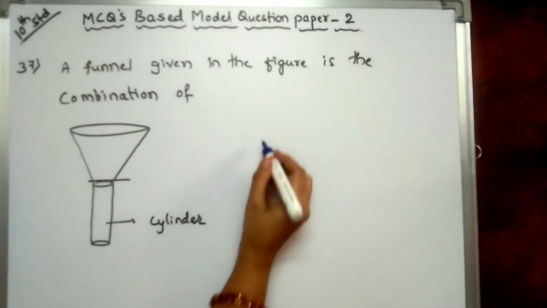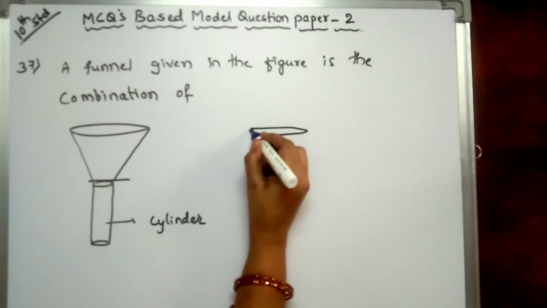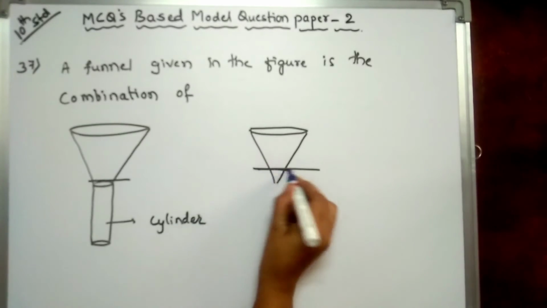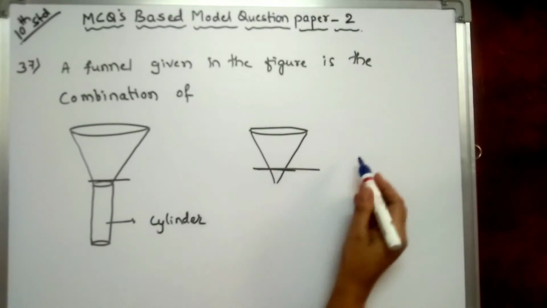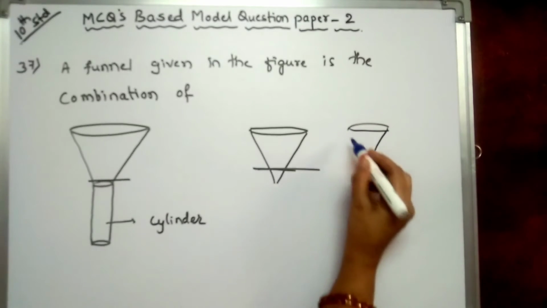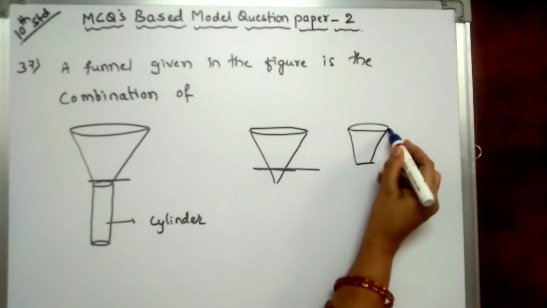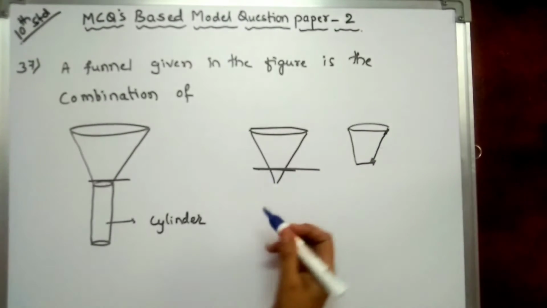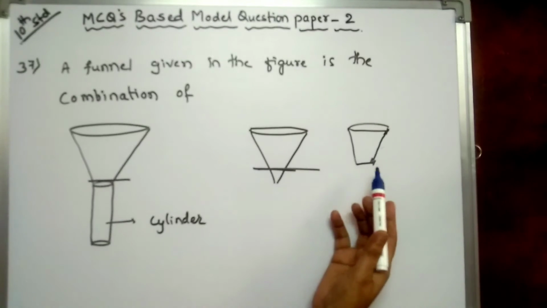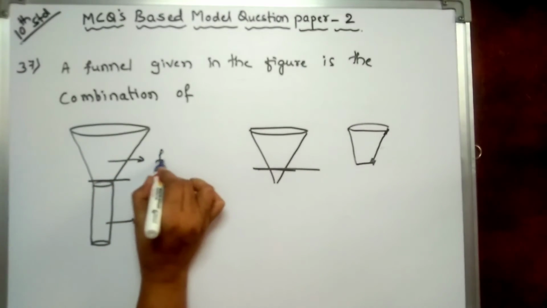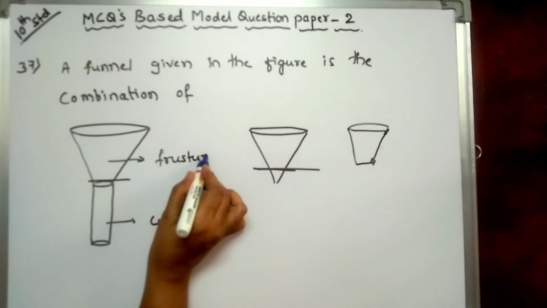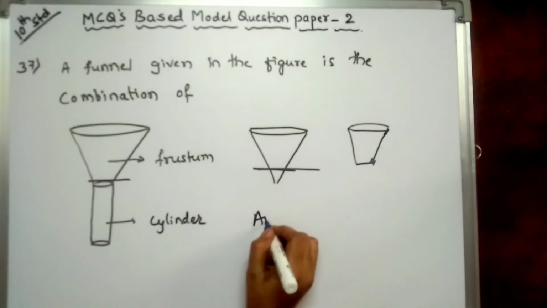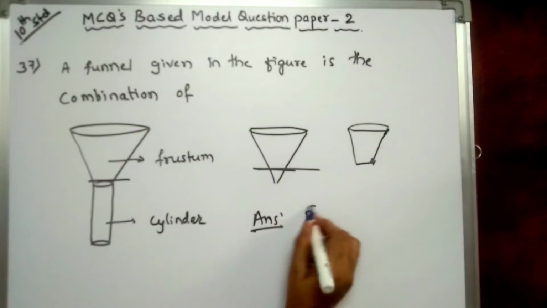And this is, see, it is not a cone. So now cone is like this, and here we cut it. Yes, we draw one line parallel to the base. So now the figure is this one, this line. So this is the figure. So the remaining part of the cone is known as the frustum of a cone. Yes, it is a combination of cylinder and a frustum of a cone. So option B.